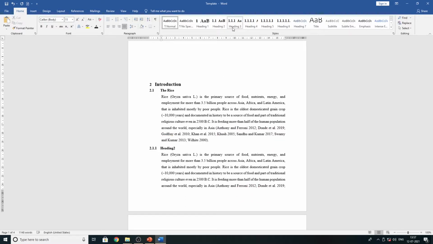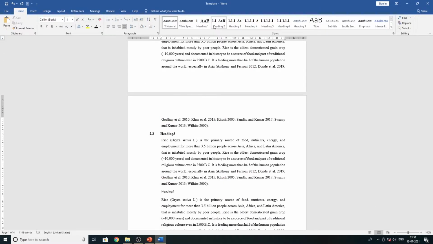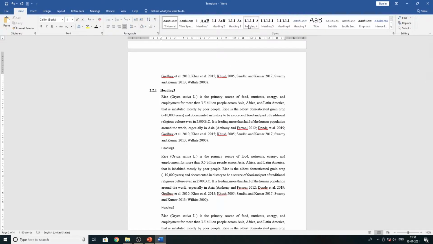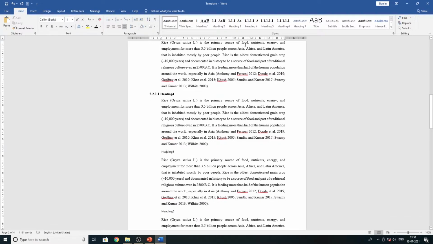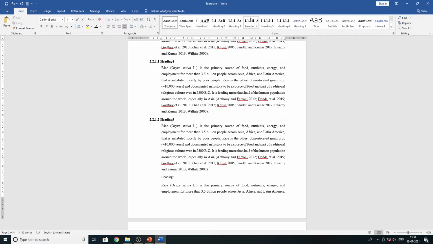Similarly, this is heading style 2. I'm going to create heading style 3. This is the 4th heading style, this is a 5, this is a 2. See, similarly 2.2.1, 2.1.2. See, this one is a subheading of this one, automatically linked with this. Heading 4 is automatically linked with 3.